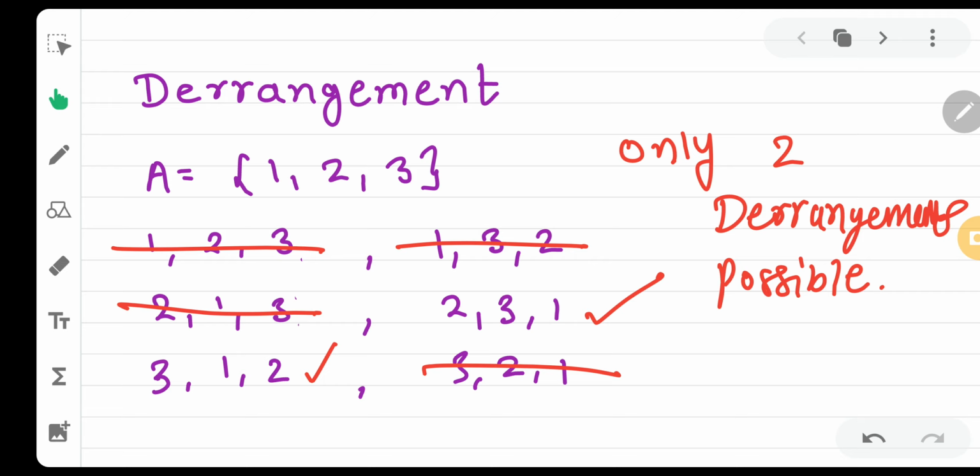But as we have seen over here, we have applied some basic concept of permutation, then cancelled the permutations in which the elements were present at original position. That would take a very long time and it will be very tedious to check for each and every element. So that is why we need a formula for derangement, by the use of which we can derange 4 object, 5 object, 6 object and any number of objects that we want to. Okay, so let us start with it.